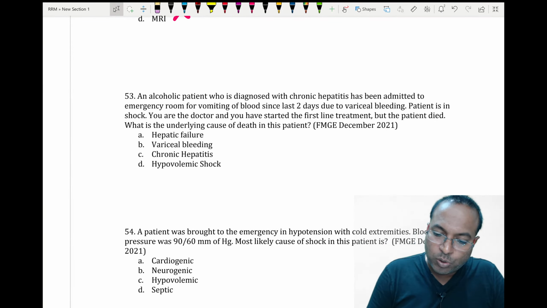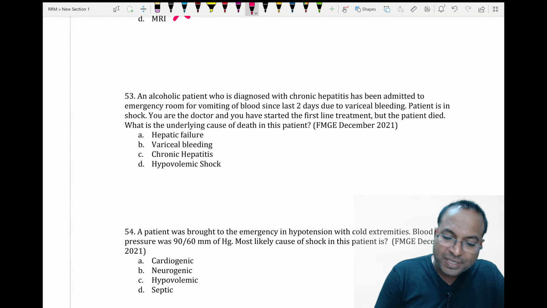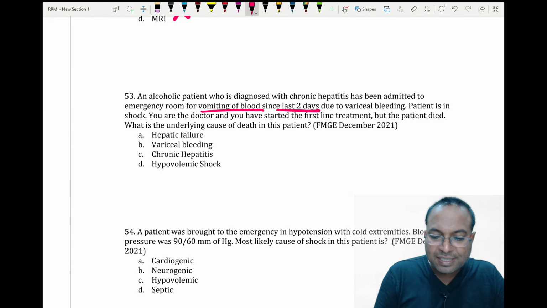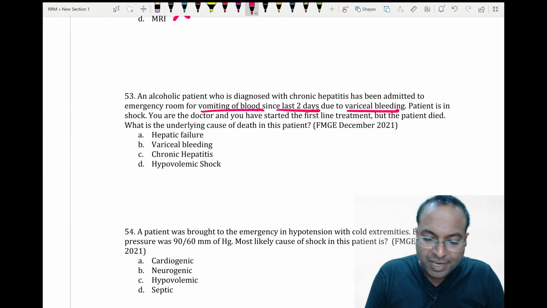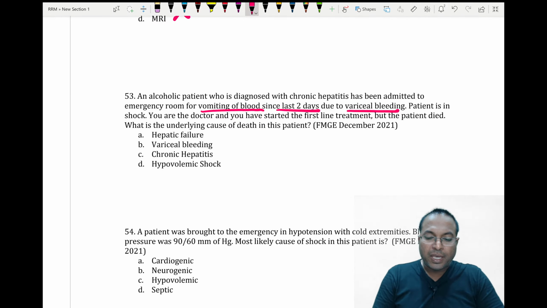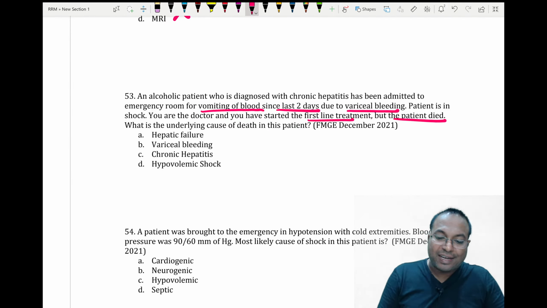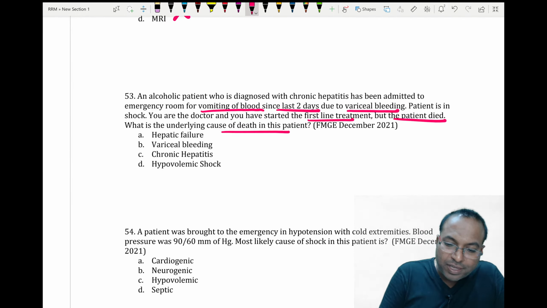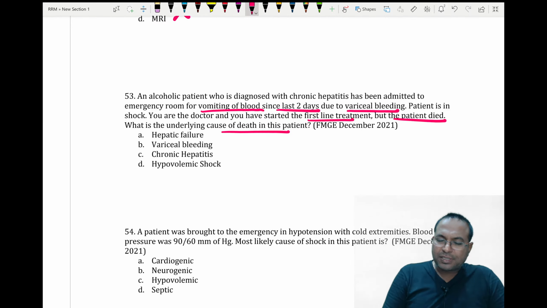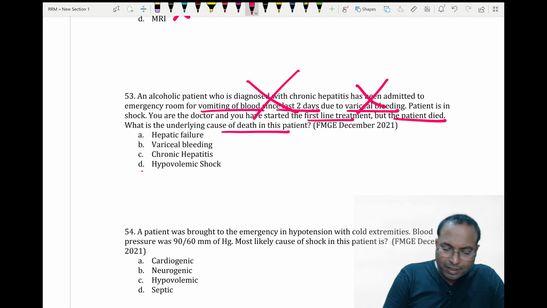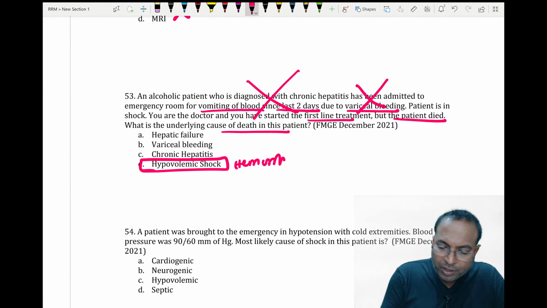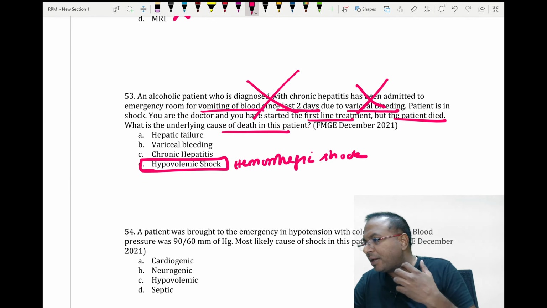An alcoholic patient who is diagnosed with chronic hepatitis has been admitted to the emergency room for vomiting of blood since the last 2 days due to variceal hemorrhage. The patient is in shock. You are the doctor and you have started the first line treatment, but the patient died. What is the underlying cause of death? This is a simple question. Don't worry about whatever is given here. The patient died of hemorrhagic shock. Okay, hemorrhagic shock. Loss of blood, he got,